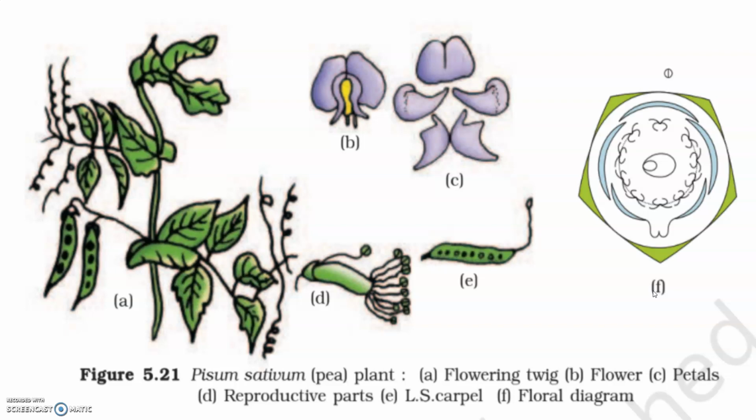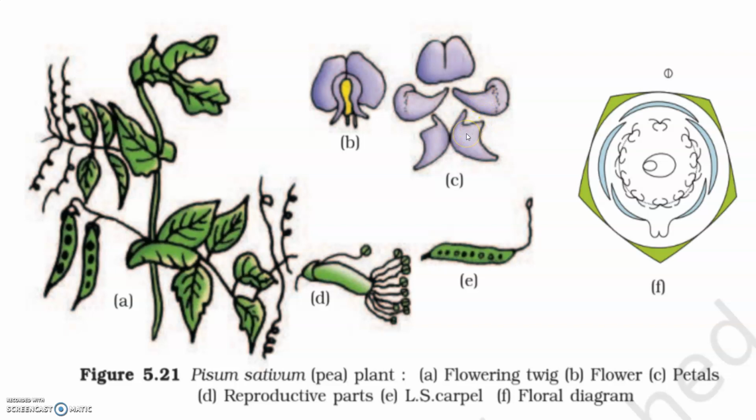The description of some typical flowers that we'll be discussing here begins with the family Fabaceae or Papilionaceae, which is a subfamily of Leguminosae. It is distributed all over the world, and the vegetative characters are: they can be trees, shrubs, herbs, with roots having root nodules. The stem is erect or a climber, and the leaves are alternate, pinnately compound or simple, the leaf base is pulvinate, stipulate, and venation is reticulate. Floral characters: the inflorescence is racemose, and the flowers are bisexual and zygomorphic. Calyx: sepals are 5.